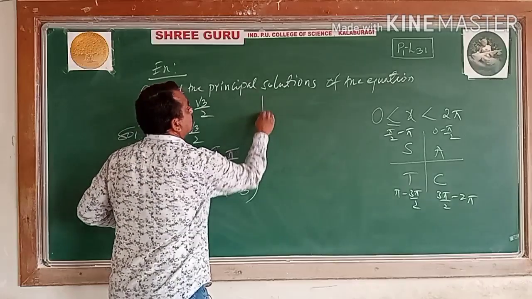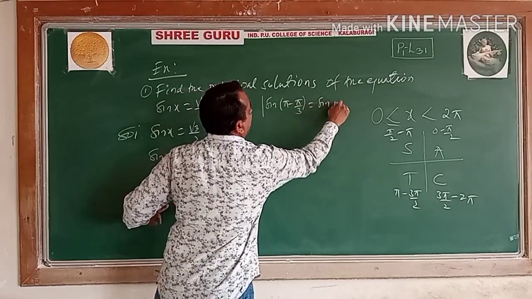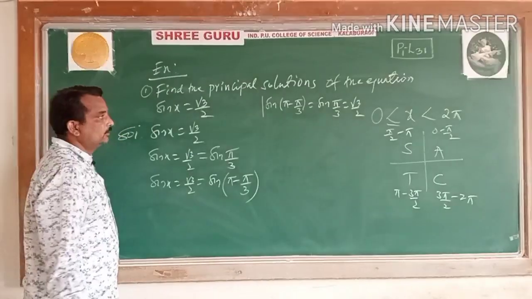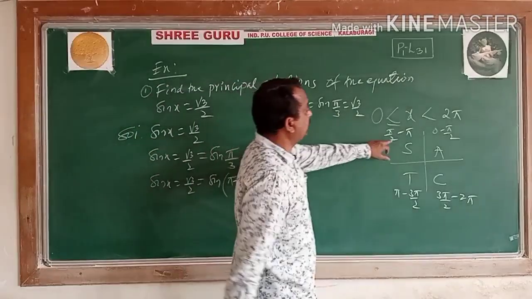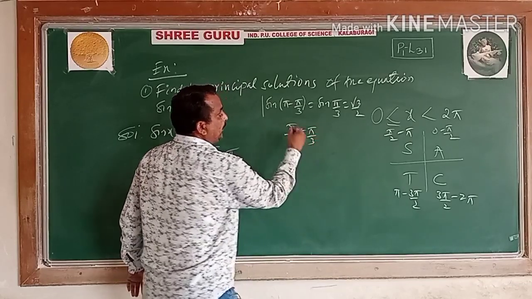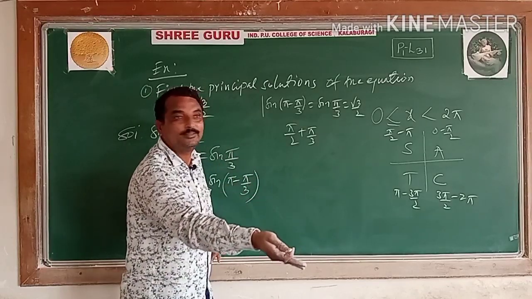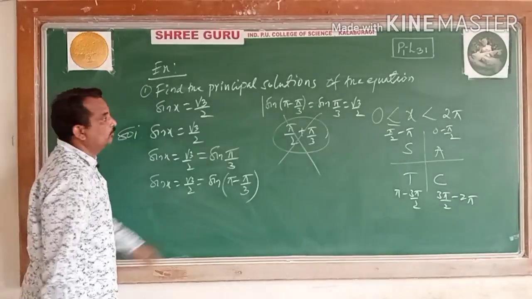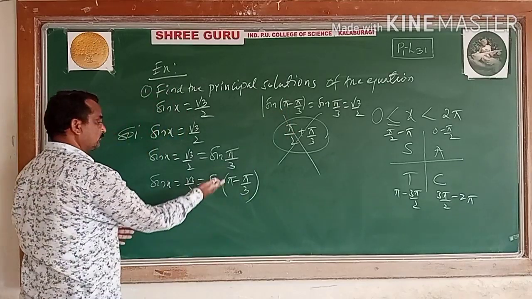Let us simplify sin of pi minus pi by 3. Which quadrant is it? Second quadrant. Is it sin pi by 3 only, root 3 by 2 only? Sir, you may think that in the second quadrant you should write pi by 2 also. But if you take pi by 2, the function changes to cos, and here we need sin. So don't take pi by 2 values. You can take only pi, which does not change the function.